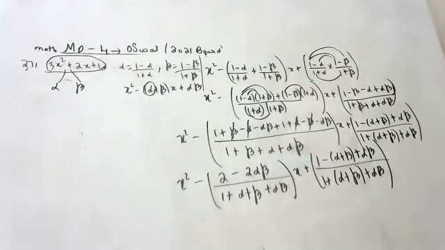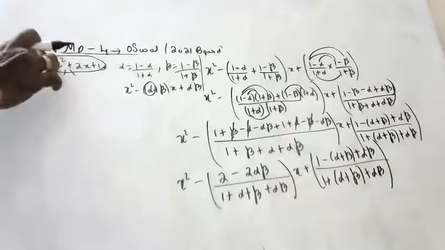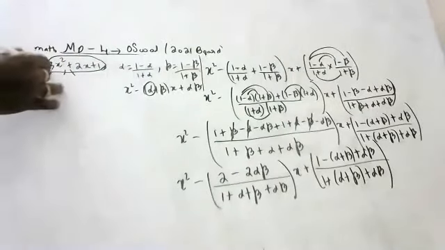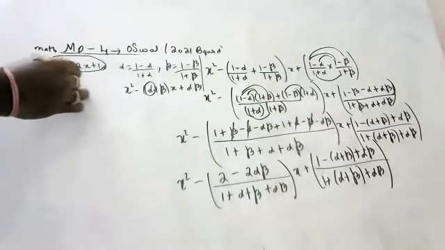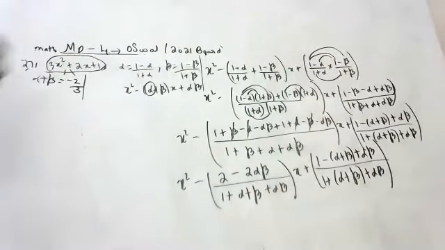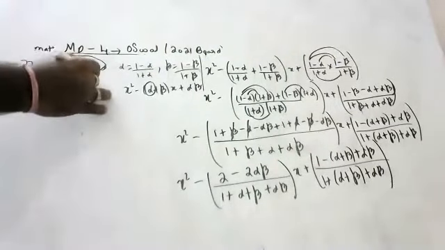No LCM, nothing over. Now I will show how to substitute, children. Can anyone tell me in this sum what is alpha plus beta? Minus 2 by 3. In this sum, can anyone say what is alpha beta? 1 by 3. 1 by 3 over, children.